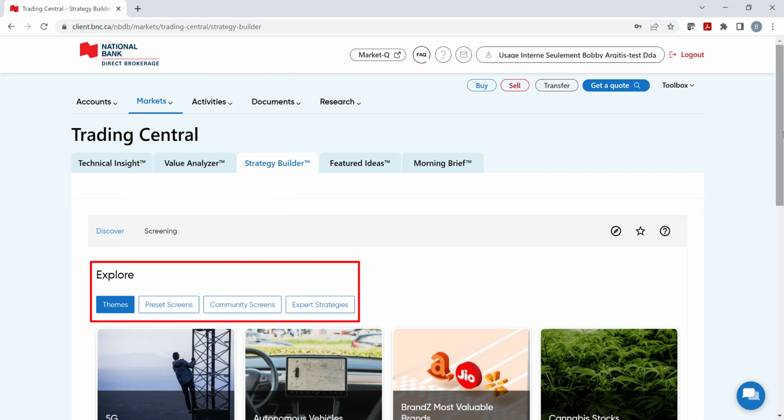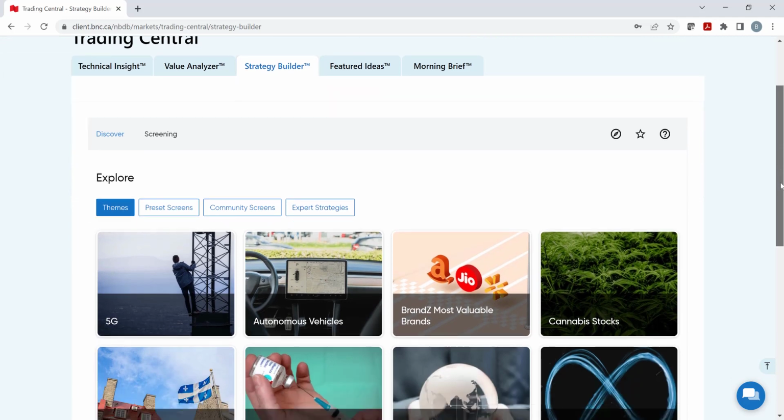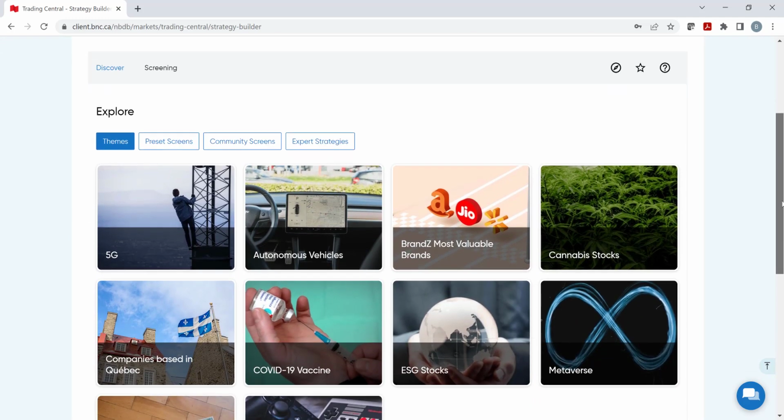On the left, we have the Explore section, which has a list of investment themes, preset screens, and community screens that can be used as a starting point. We have a final category named Expert Strategies that have been developed and fine-tuned by Trading Central's team of analysts